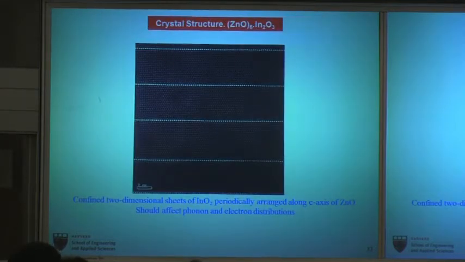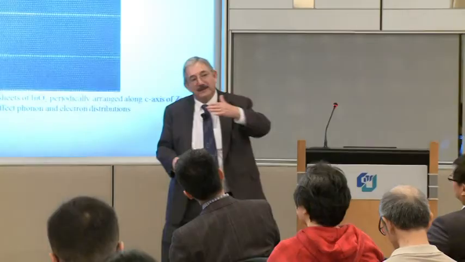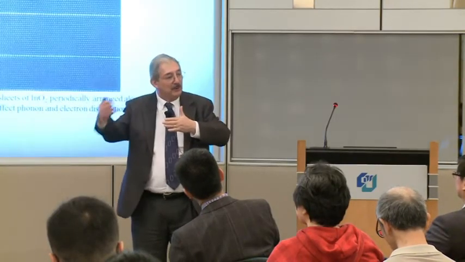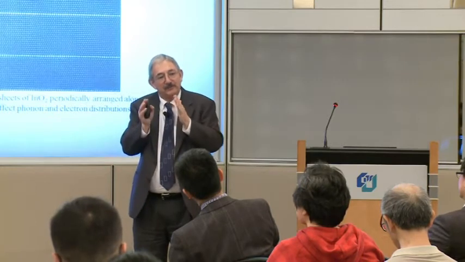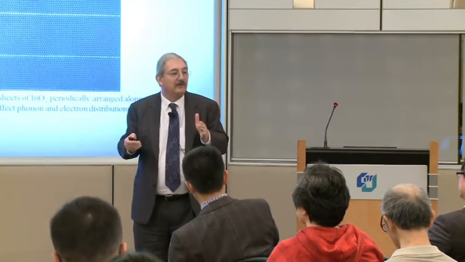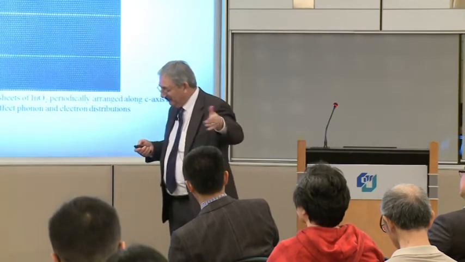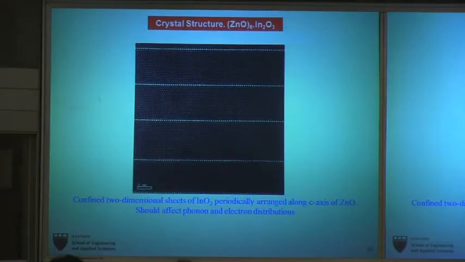So let's return to this micrograph. Remember, these are just monolayers of indium oxide. So if you have these two-dimensional sheets, then you'd expect that there's going to be different electronic distributions perpendicular and parallel to the sheets, and similarly, this should affect the phonon distribution. So to get low thermal conductivity, in addition to any point scattering, you'd really like interfaces, very regularly spaced. And if the right spacing, you can get coherent X-ray scattering, sorry, not X-ray scattering, phonon scattering. And you can then get